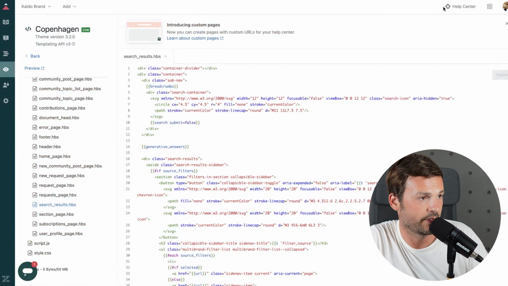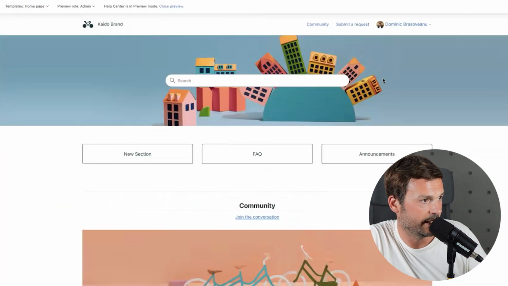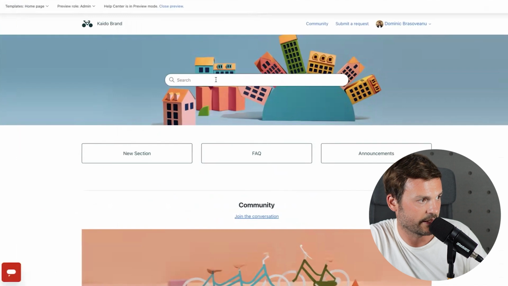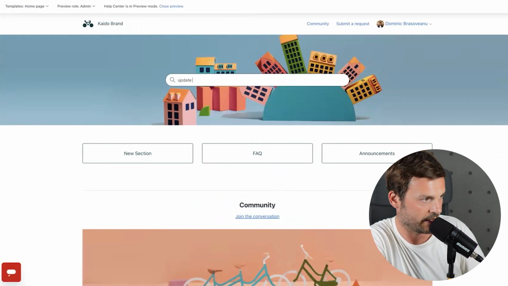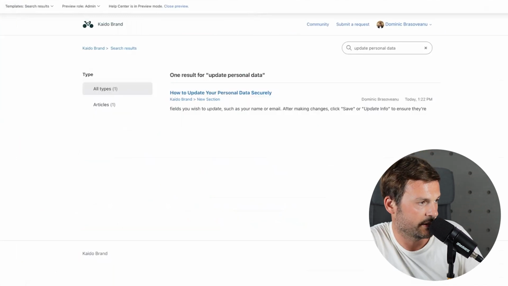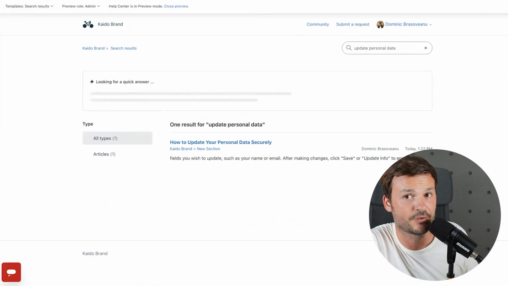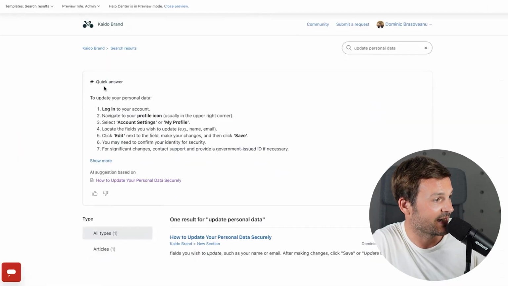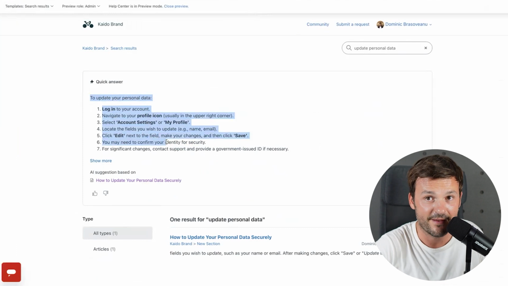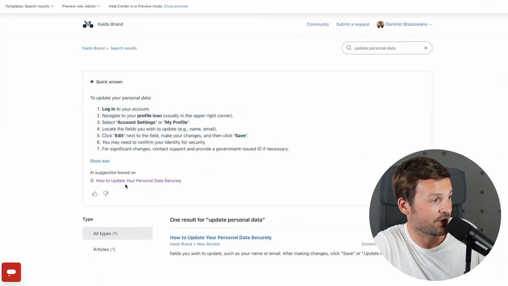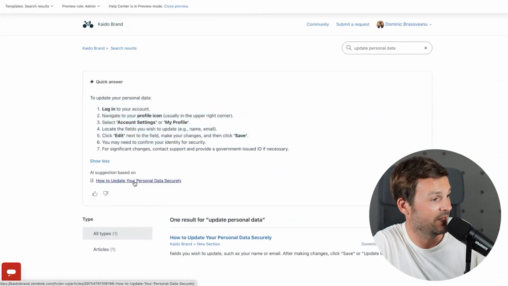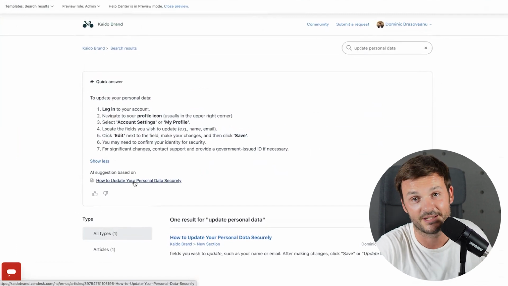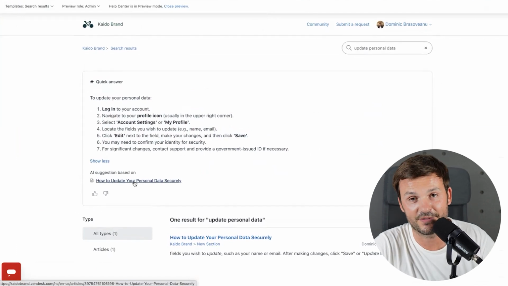And now I go to Help Center to test this out, and let me just click the search here and say update personal data, and search this. Looking for an answer, so it's working. I just needed to paste it anywhere. Look, it actually says, to update your personal data, log into your account, do 1, 2, 3, up until 7, show more, and it shows me which article this comes from, and boom,